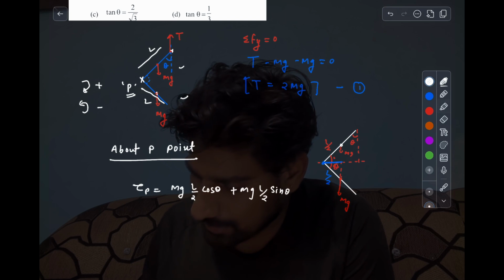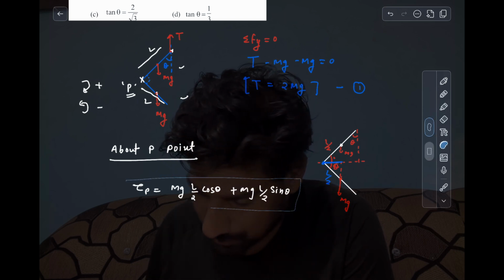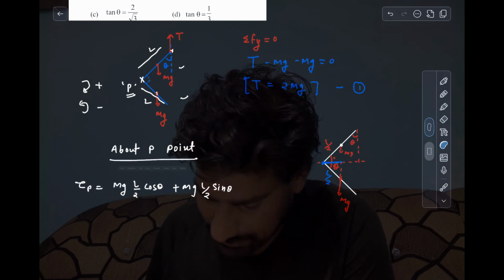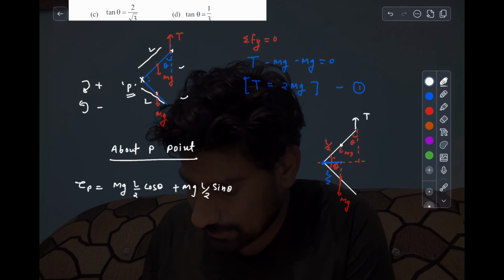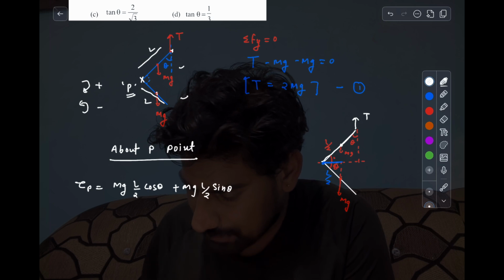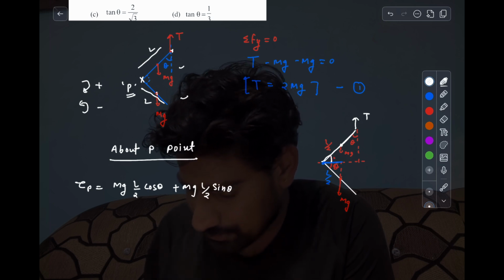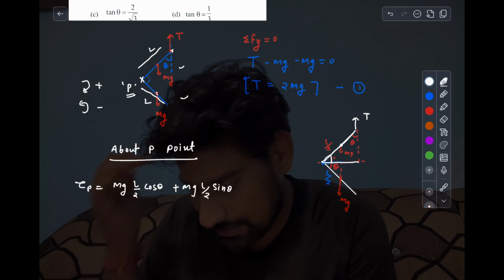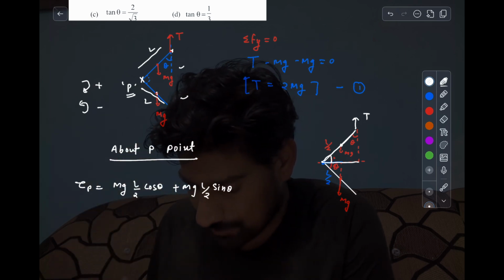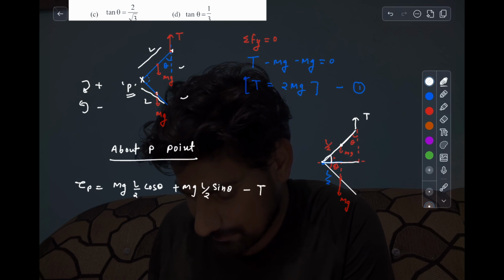And then next we have the torque because of the tension T. The tension T is acting in the upward direction here, and that distance is L, and this angle is again 90 minus theta. So this will become T sin theta, but that is minus T sin theta,